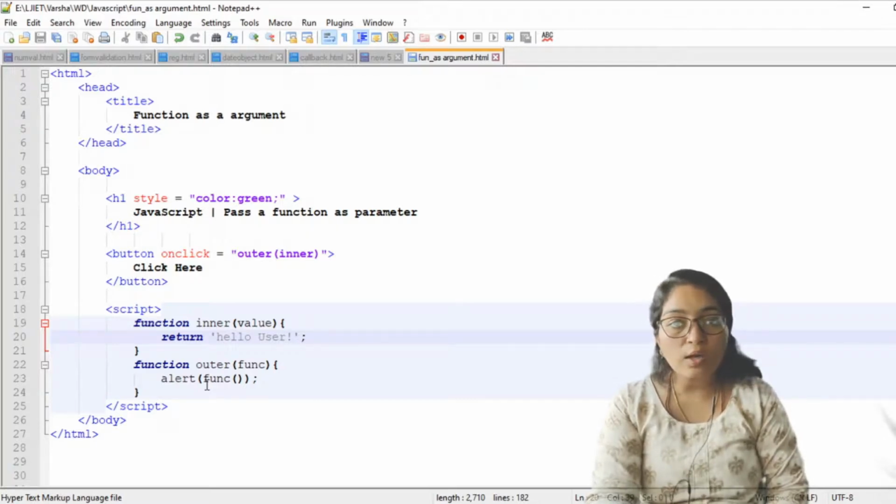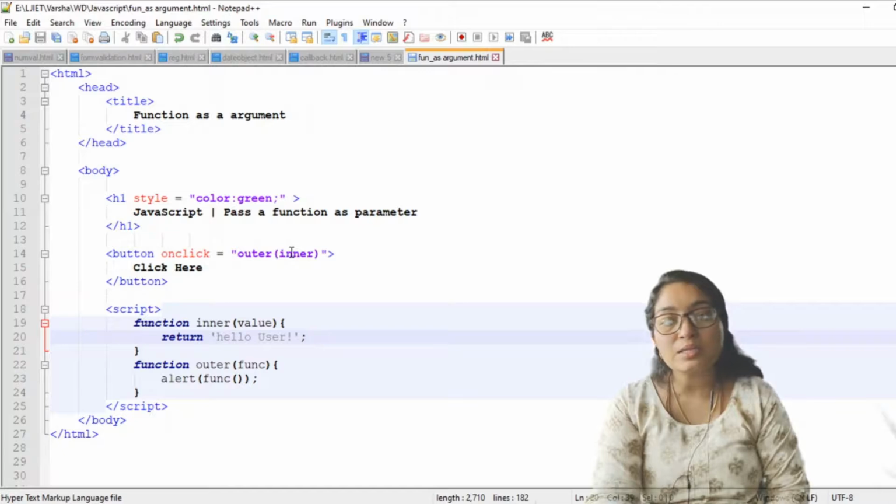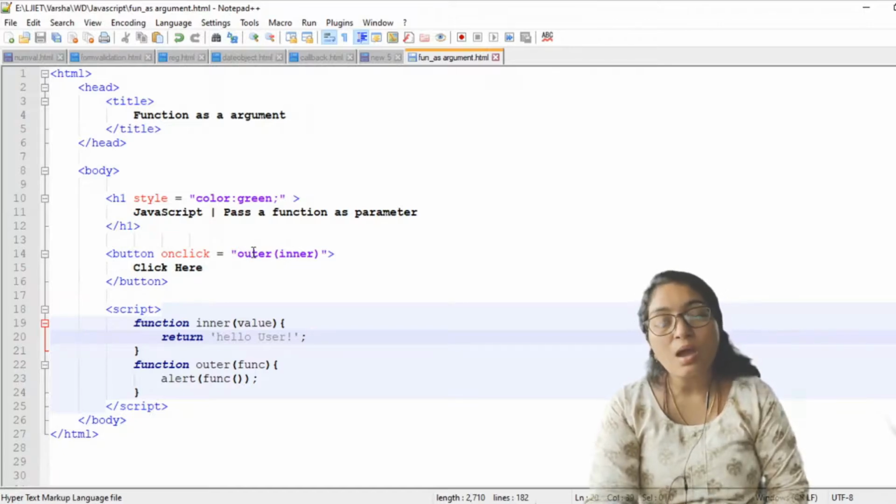We are calling the outer function on the button click event, so button onclick, outer and inner. First we call outer, in which we call the inner. That means we are passing this inner as an argument in the outer function. Outer will call this inner function, and when the inner function is called, it will display hello user.